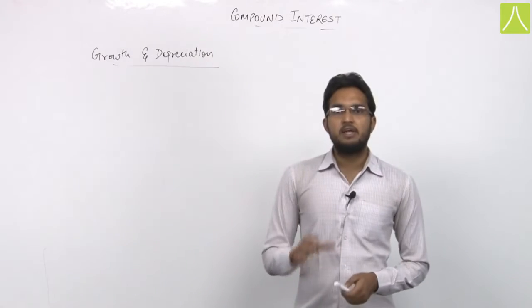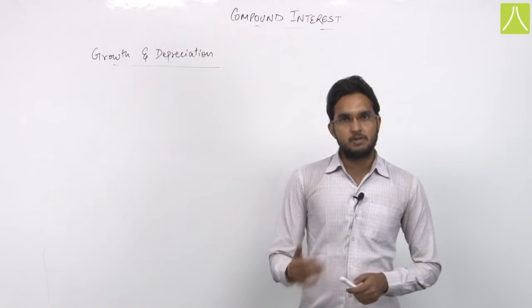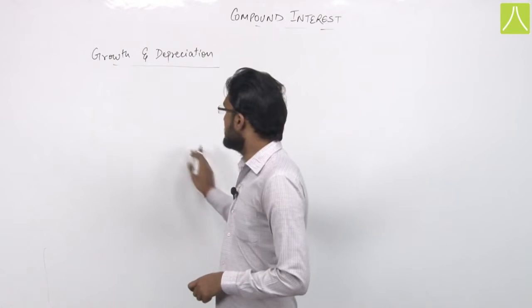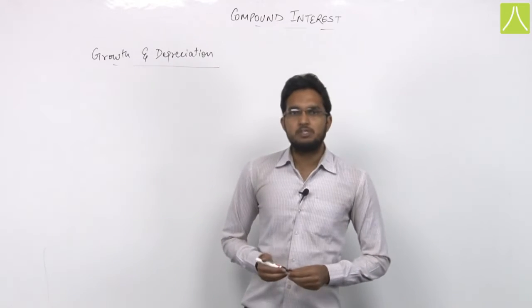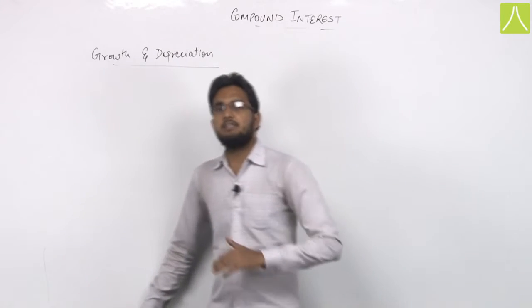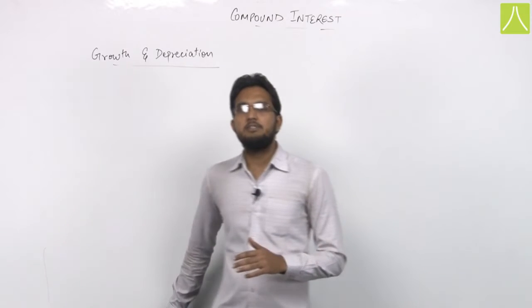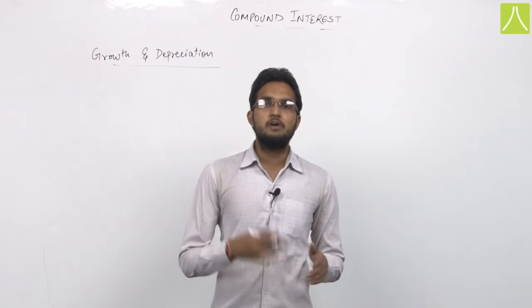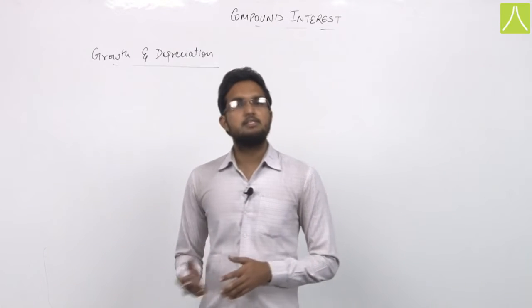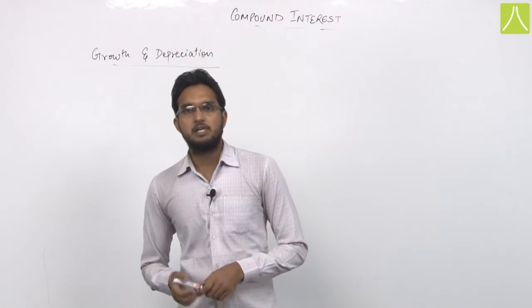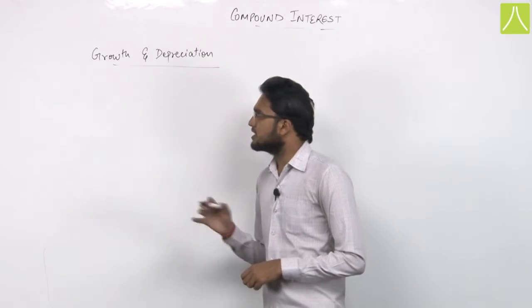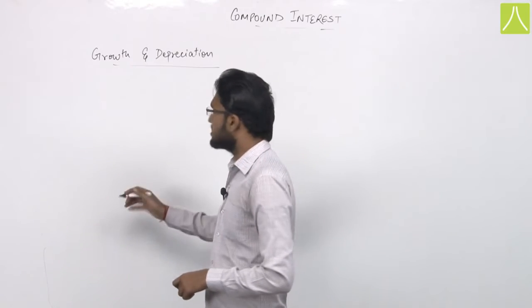Growth is when the amount is increasing, that is, the principal invested is less than the amount. In depreciation, the rate is decreasing. Rate decreasing means the population is decreased by 2%, or when we invest an amount, it is decreased by 3% or 4%. That is, the rate is negative. So we don't have to study any new formula for growth and depreciation.